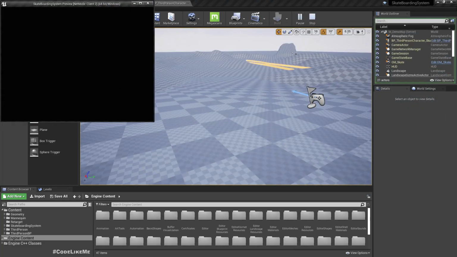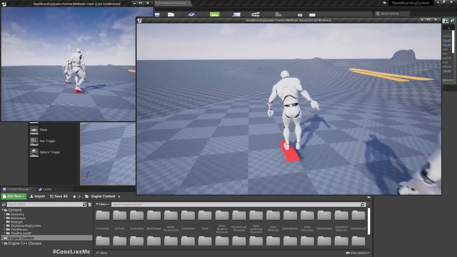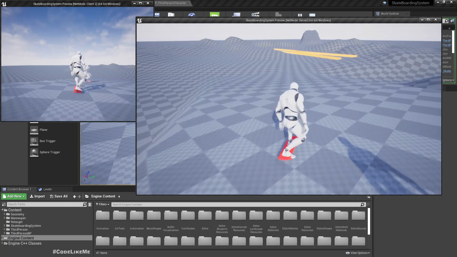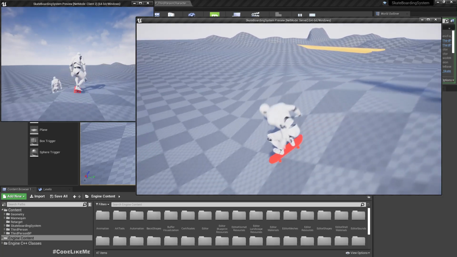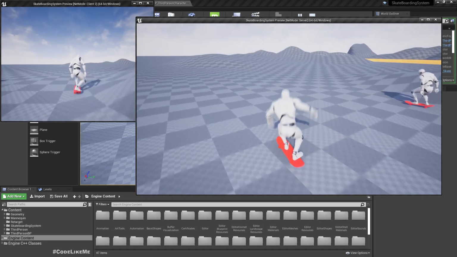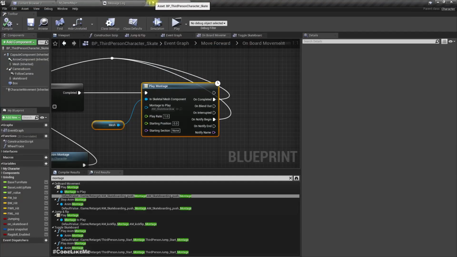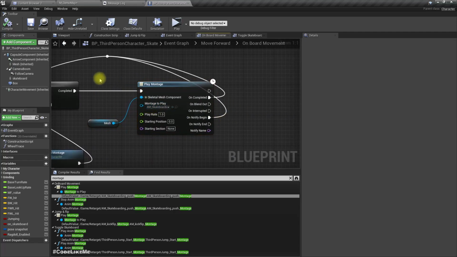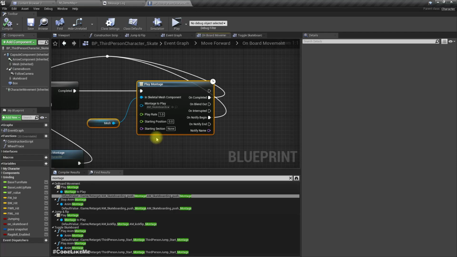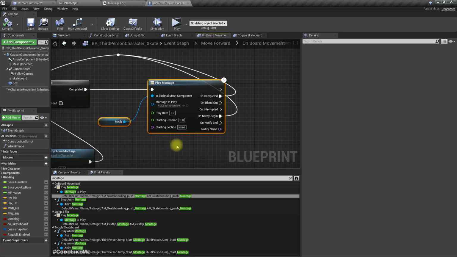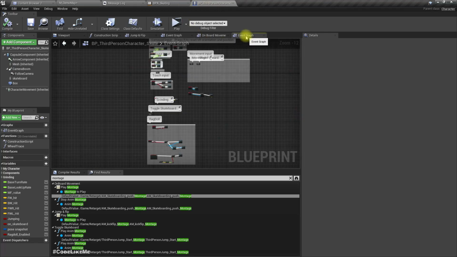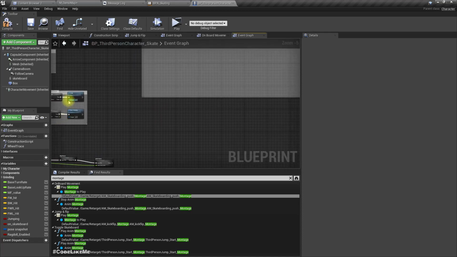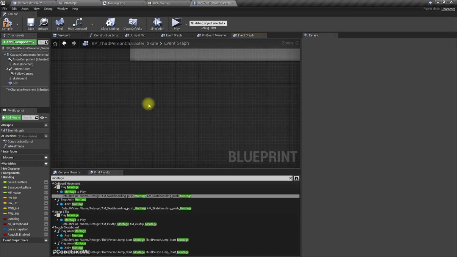There is another problem. No, it's not visible in both ways. Okay, so let's start with display montage here. I'll collapse this to, okay, first let's add an event to play montages that we can replicate